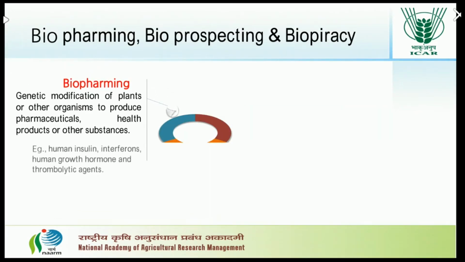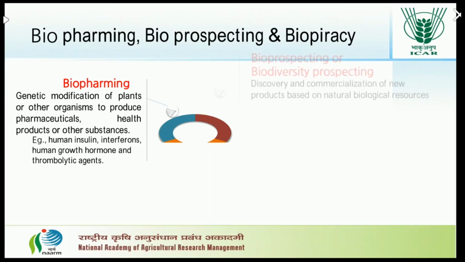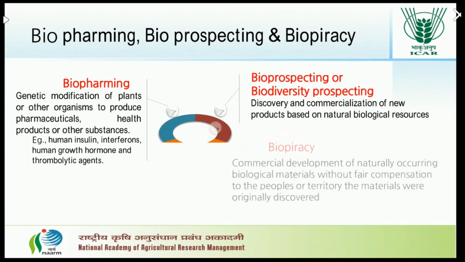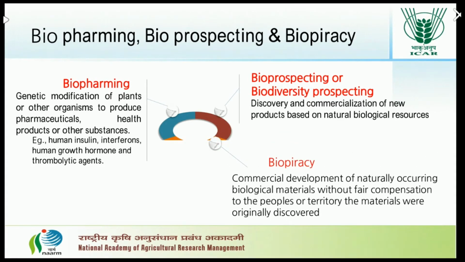So when we deal with biofarming, another similar term is bioprospecting, also known as biodiversity prospecting. Now we will see the difference between biofarming and bioprospecting. The term biofarming generally refers to genetically modified organisms expressing a desirable compound, whereas bioprospecting refers to identifying naturally existing organisms, such as plants containing some therapeutically important properties, and harvesting that biomass and purifying and concentrating therapeutic